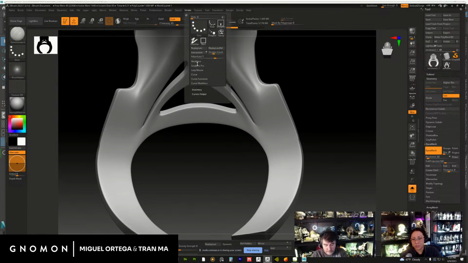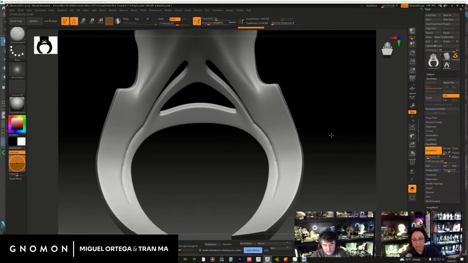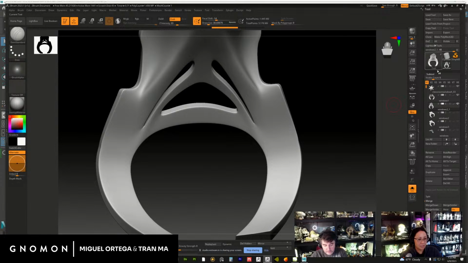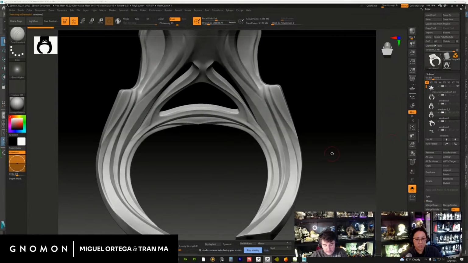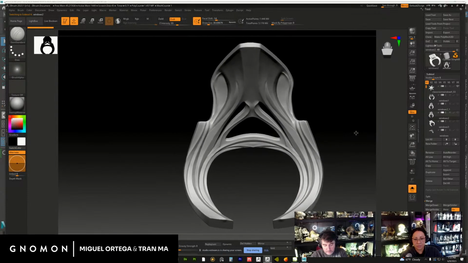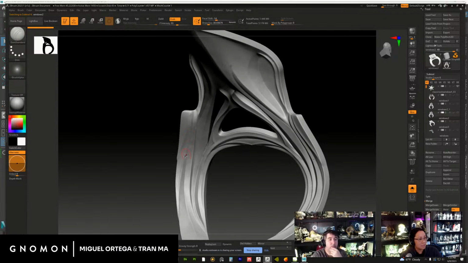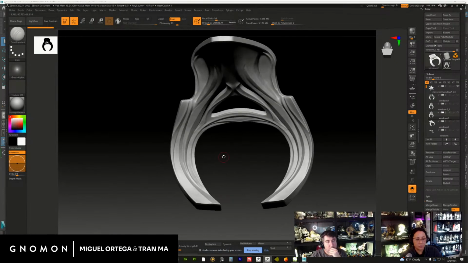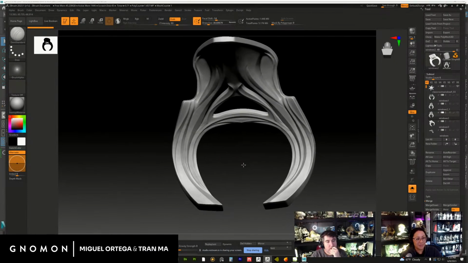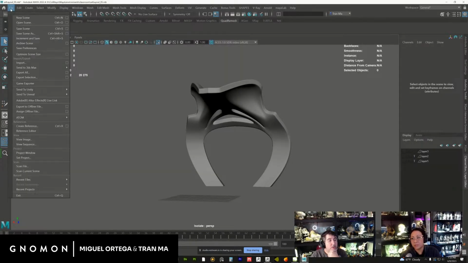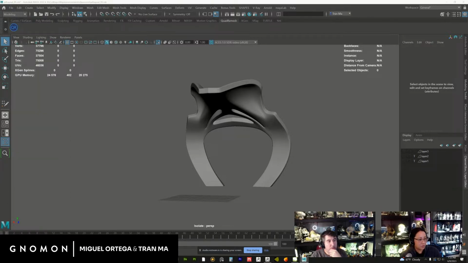So I just take my stroke, increase my lazy step, and I'll get something like that, right? And I just spend a little bit of time. I don't try to get it perfect because your sculpt is always going to wobble a little bit, and you can kind of see it here, right? So it looks good at some angles, but there's some weird denty stuff over here, and that's fine because I just retopo that, which doesn't take long for me either because the topology is not like a character topology. It just has to hold the shape. Yeah, it just has to be sharp. Yeah. So if I come back,